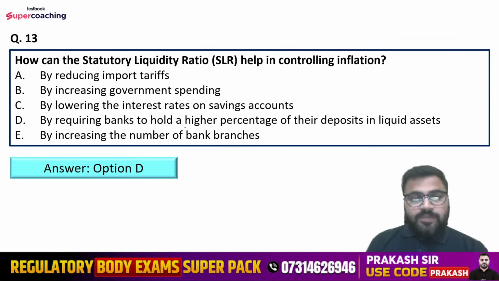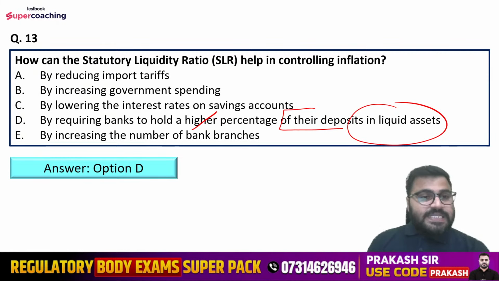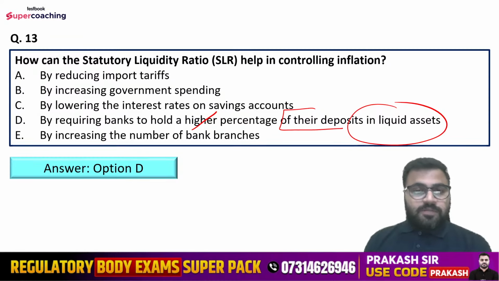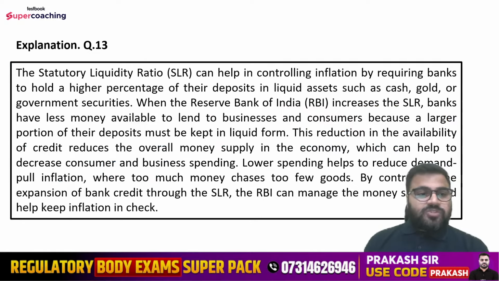That is by requiring banks to hold a higher percentage of their deposits in liquid assets. So what is happening here in the case of SLR? SLR is basically again a percentage of net demand and time liabilities which commercial banks have to keep with themselves only, right? So they have to keep it aside, which they cannot use. If they are using it, then a penalty would be imposed by the Reserve Bank of India. Right. So SLR can help in controlling inflation by requiring banks to hold a higher percentage of their deposits in liquid